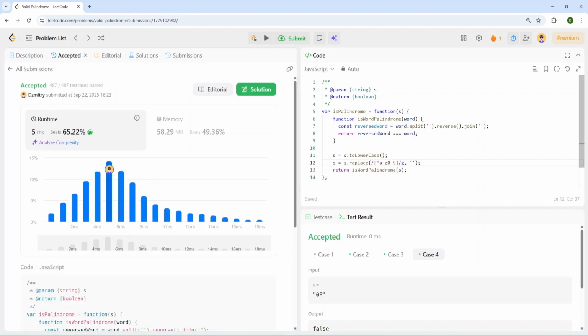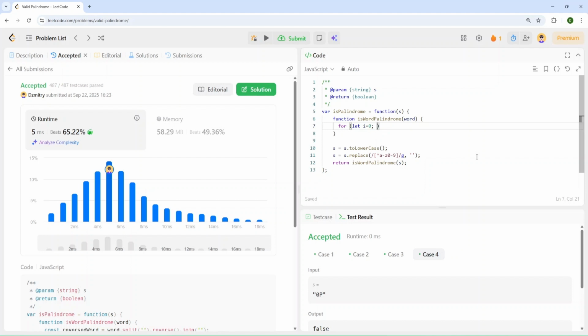Okay, and now we can submit and check our results. And as you can see, our solution was accepted, and it has pretty good runtime and memory. And we used here a JavaScript approach with conversion to array and using array methods. But you can use an algorithm. Probably let's try to do it and see our runtime. And we can just use our word and a for loop.